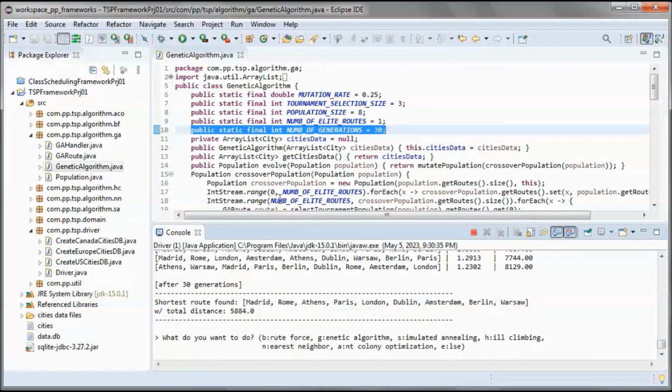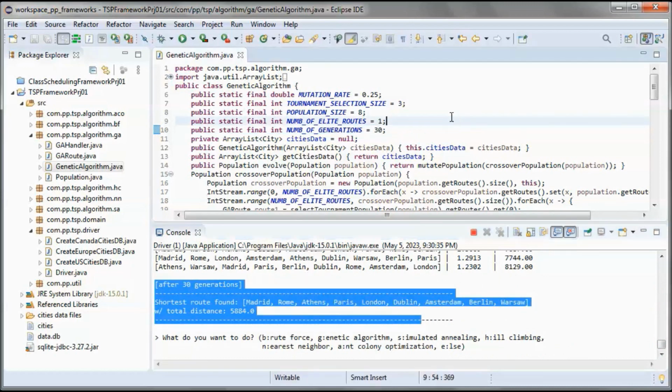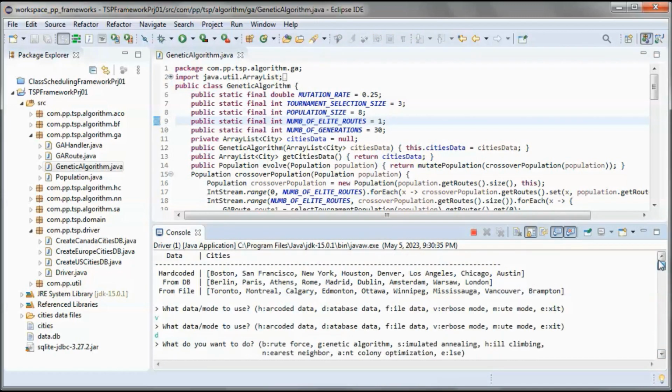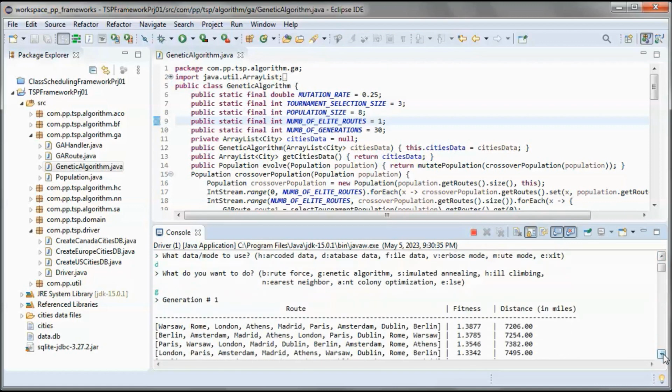So after 30 generations, and the number of elite routes that stay the same from one generation to the next.